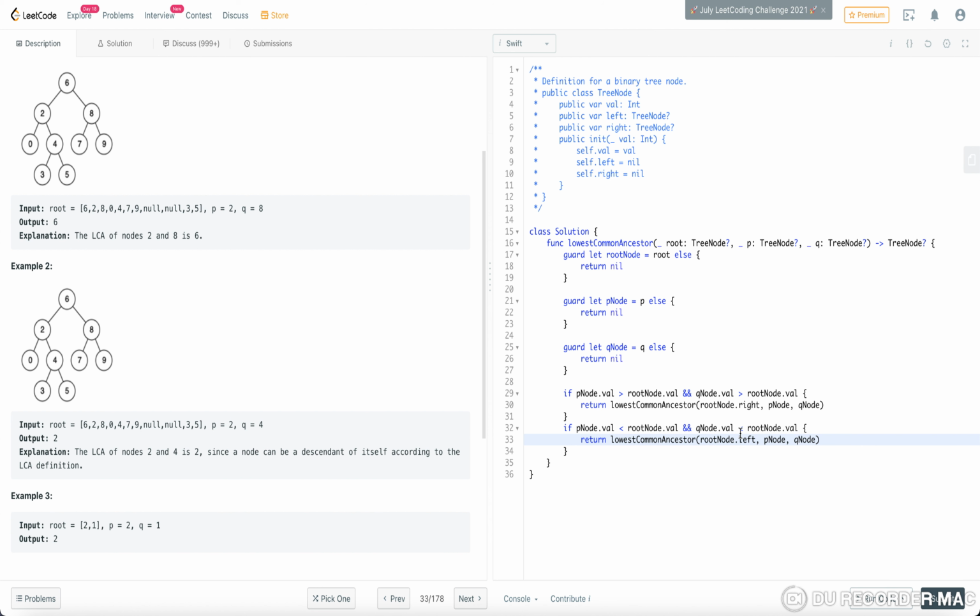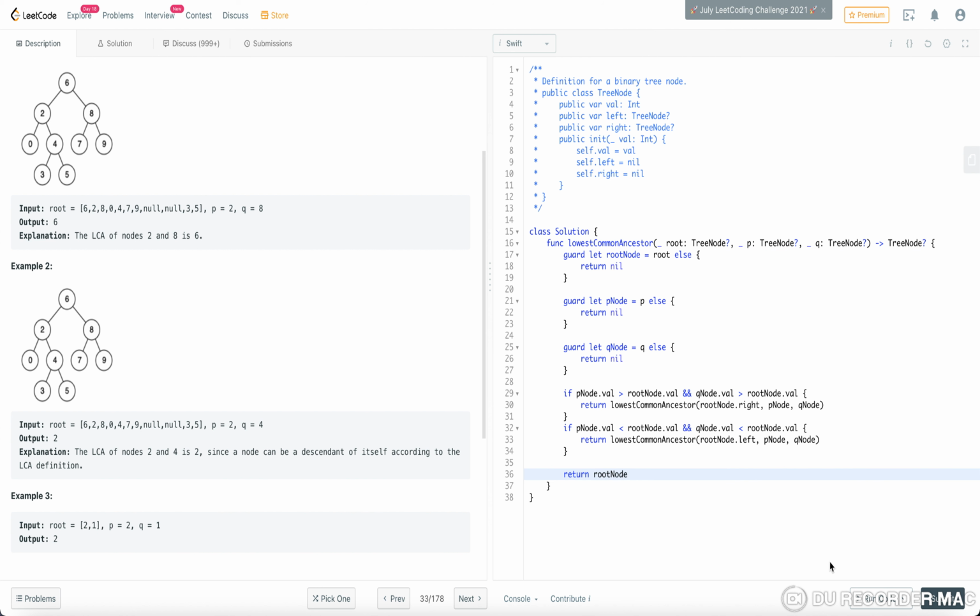Now if they are not both smaller than the root or both greater than the root, that means they will be on different parts of the tree. If these two conditions are not satisfied, it means that one of the nodes is greater than root 6, and another node is smaller than root 6. So in that case we can clearly say that the root node is their lowest common ancestor. So we will return root node.